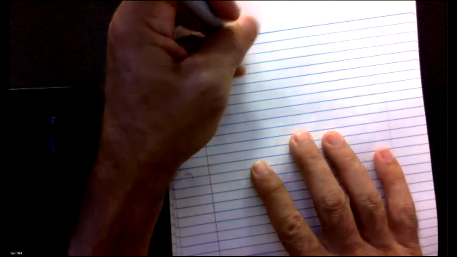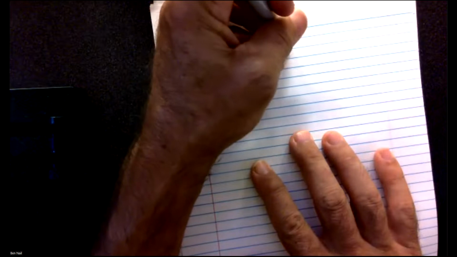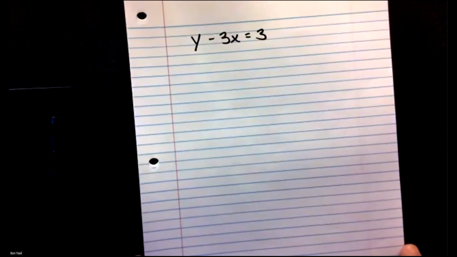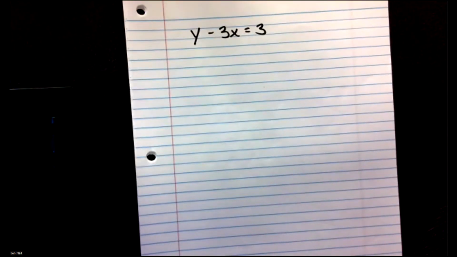Now, sometimes they will just ask you to generate solutions. For example, they might just say, graph the function y minus 3x equals 3. I'm going to talk about graphing this with another thing that they may ask you to find. If they told you to graph this function, a great way to do it is to find what are called your intercepts. Your x-intercept